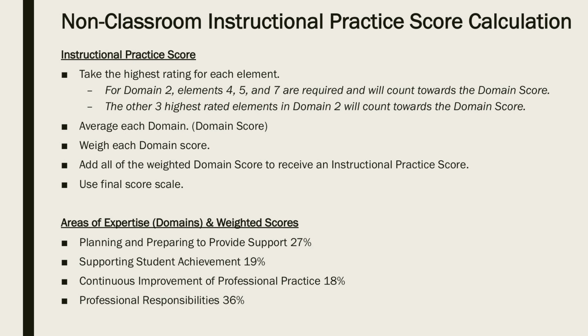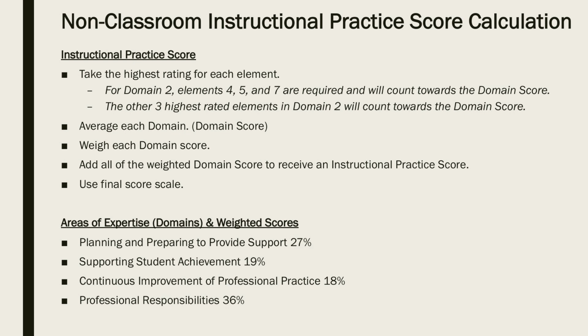This will give you the average rating or domain score. Weigh each domain score. Add all of the weighted domain scores to receive an instructional practice score. Let's walk through an example of how the instructional practice score will be calculated once observation data has been entered